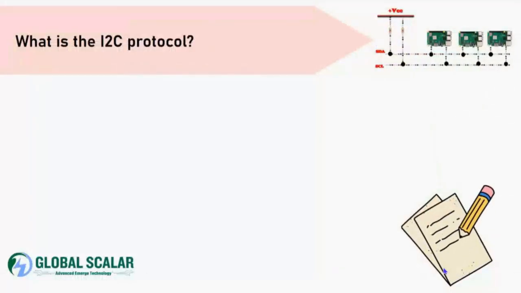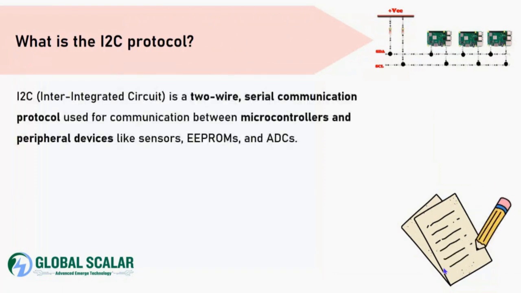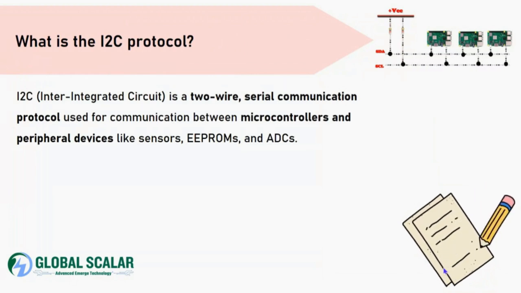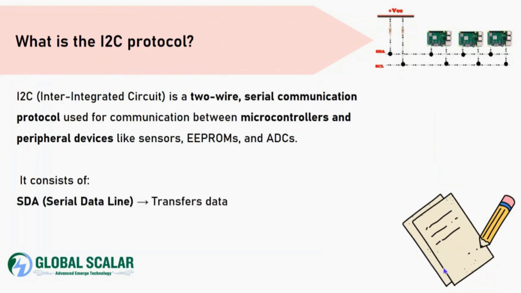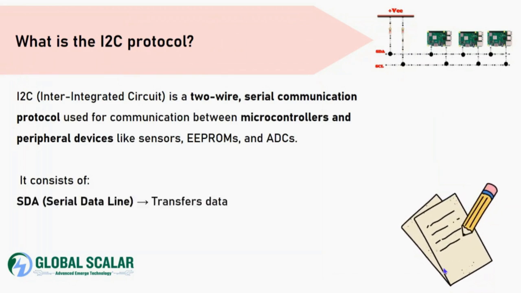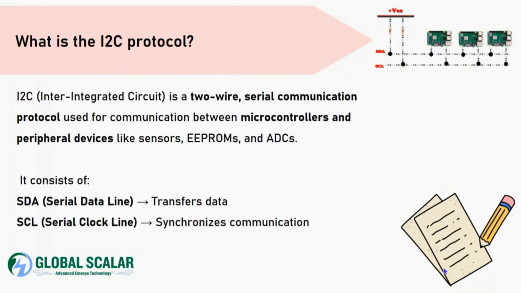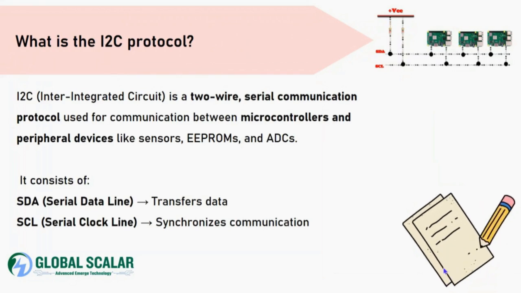What is I2C protocol? I2C, inter-integrated circuit, is a two-wire serial communication protocol used for communication between the microcontroller and peripheral devices like sensors, EEPROM and ADC. It consists of a serial data line, which transfers the data, and a serial clock, which will synchronize the data with respect to the